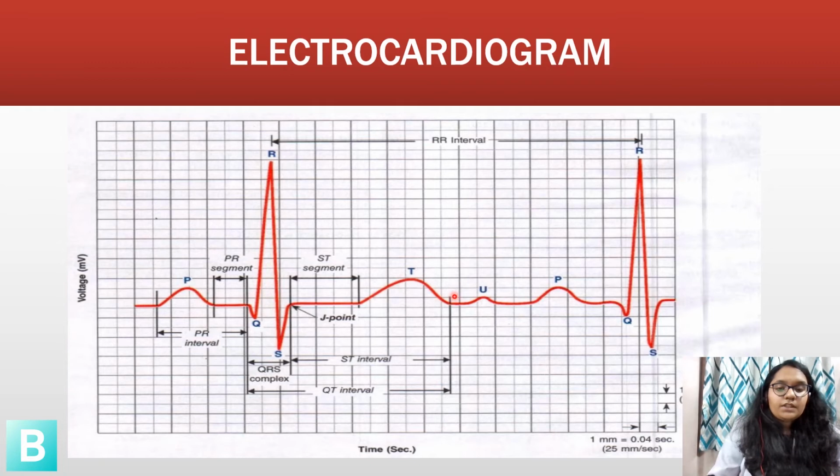Lastly, the U wave is rarely seen and is a small round positive wave of duration 0.08 seconds. It is due to the slow repolarization of the papillary muscles of heart. The J point is an isoelectric point at the end of S wave, that is, it indicates no electrical activity. It is very important in assessing the ST segment elevation or depression associated with the myocardial infarction.